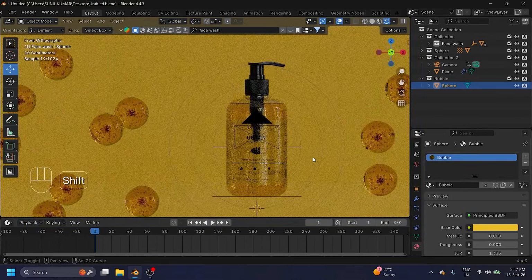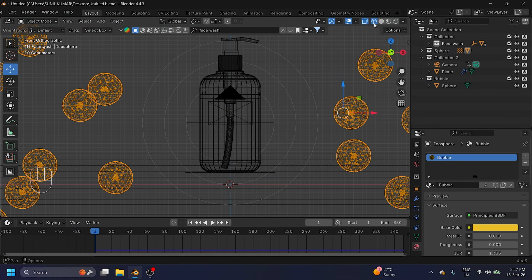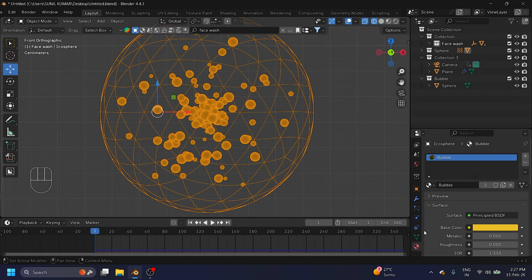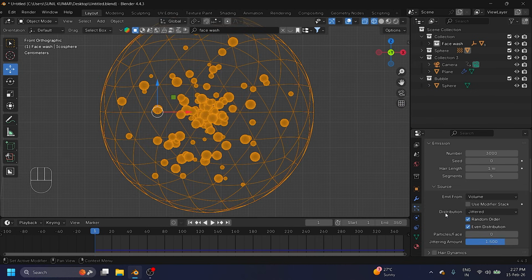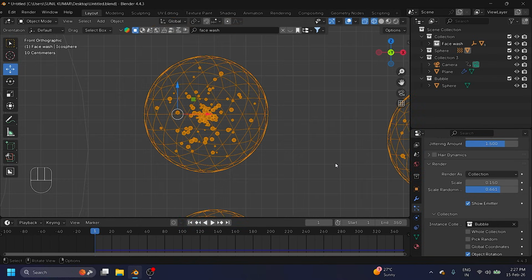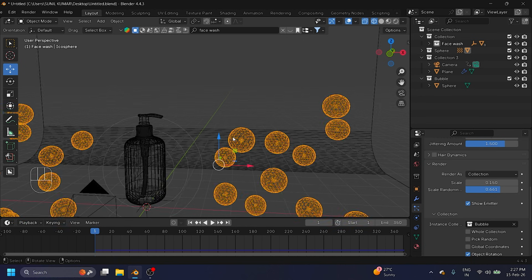Okay, so now guys, again select this particle, and my inside bubble radius is too much. So go to on here and random scale, actually scale 0.15. Yeah, 0.15 is good.